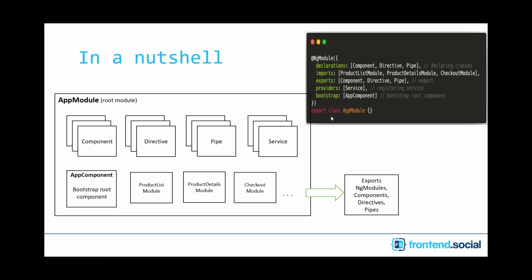So I have drawn a diagram of what app module could look like. Generally an app has a root module. Over here it's app module. An app can consist of components, directives, pipes, services. We will understand each of these in the next chapters, but just understand these are the cohesive blocks. And it can also involve some other modules. And what could those modules be? Product list module, product details module, and checkout module.